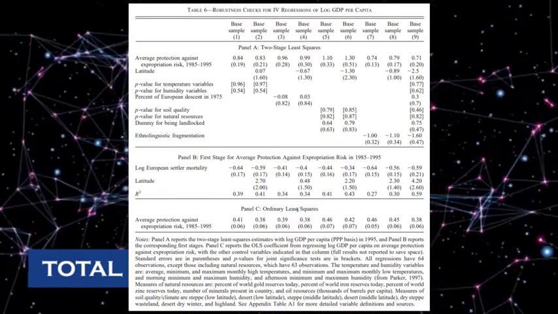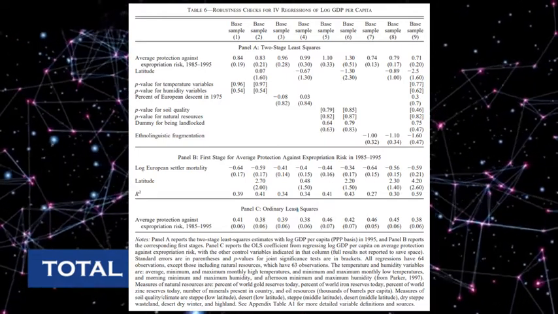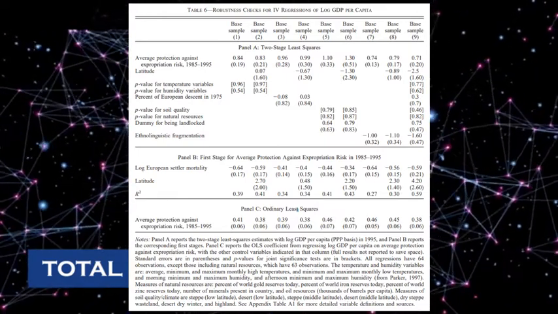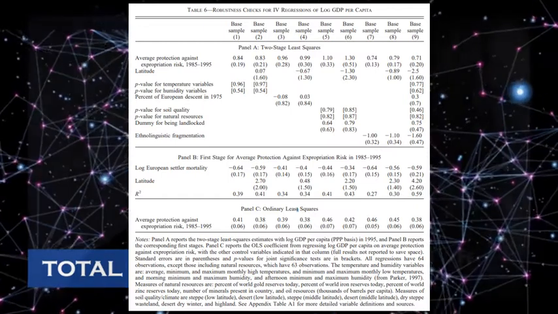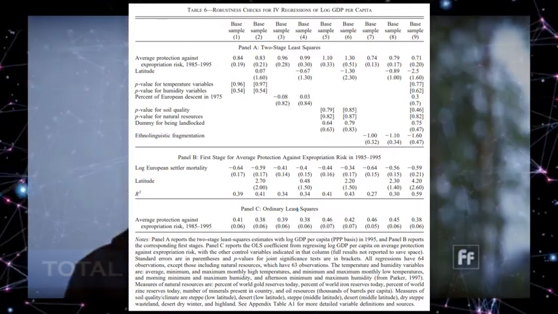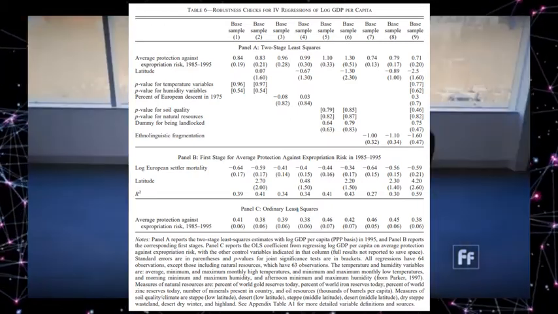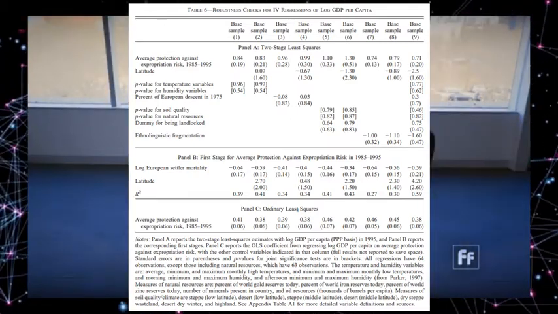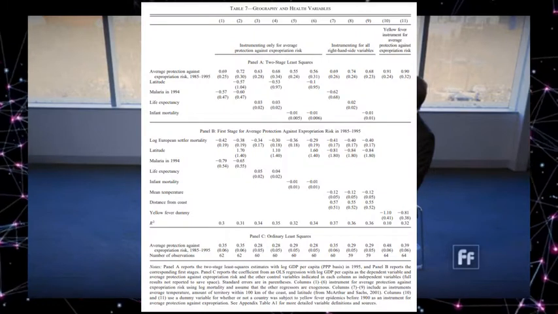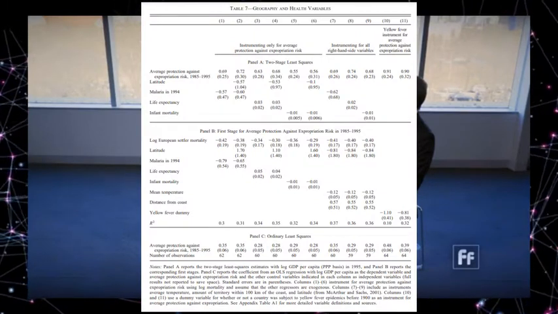Despite the large number of controls, the effect of protection against expropriation on income per capita is still highly significant, with a somewhat smaller coefficient of 0.71, which is again likely to understate the effect of institutions on income because ethnolinguistic fragmentation is treated as exogenous. Finally, in Table 7, we investigate whether our instrument could be capturing the general effect of disease